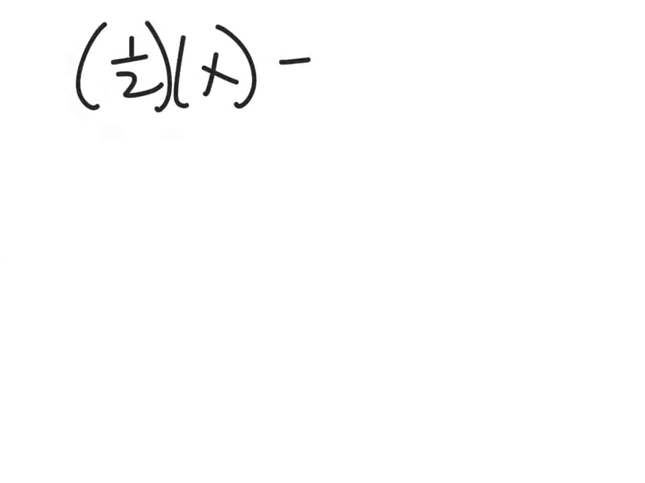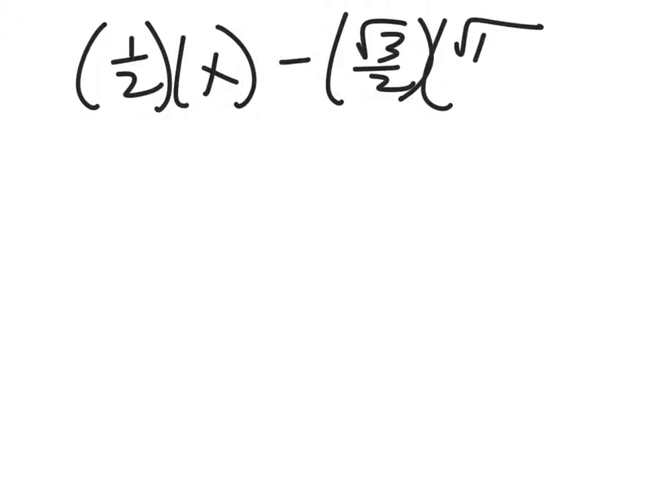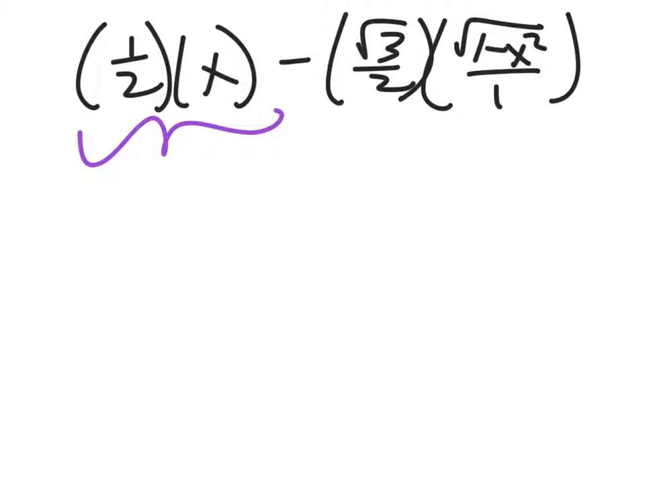So on the last screen, we got to 1/2 times x minus square root of 3 over 2 times square root of 1 minus x squared over 1. So that simplifies to x over 2. The part on the right simplifies to, oh wait a minute, no, we're fine. Simplifies to,